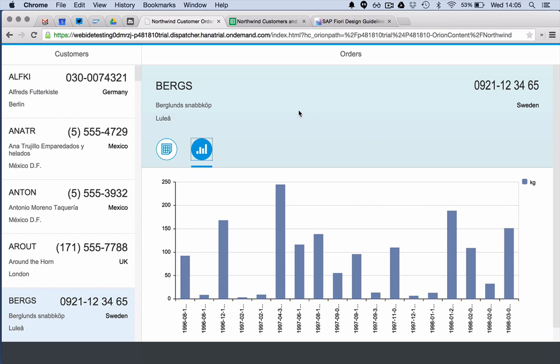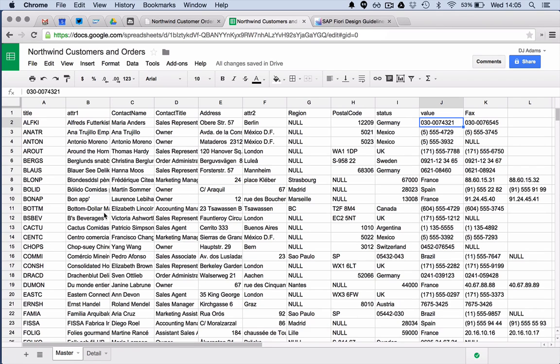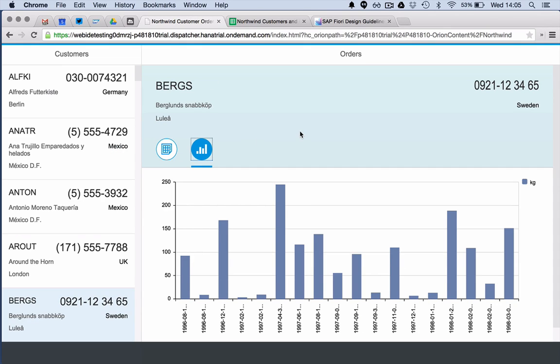So in less than 5 minutes, we've gone from our scratchy definitions of what we want to do, plus our spreadsheet style data, to a fully working app that runs in the cloud, you can run on your phone, and